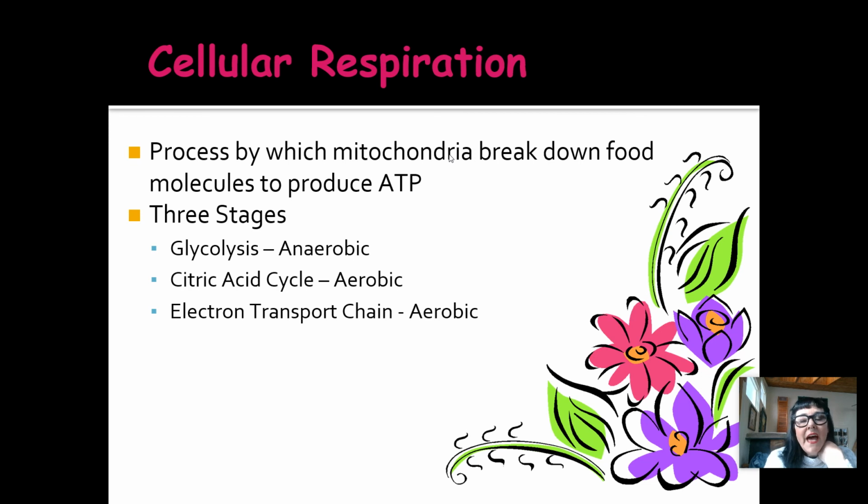Lastly, we have oxidative phosphorylation, which takes place at the electron transport chain in the cristae of the mitochondria. And it also requires oxygen. Oxygen is going to be our final electron acceptor here, and it produces the mother load of ATP. So we only get a net production of 2 from glycolysis, 2 from citric acid cycle, and over 30 in